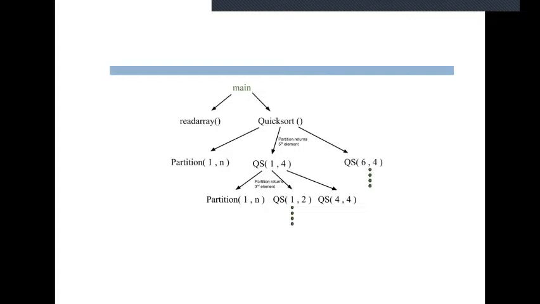Do you know what recursion is? A function calling itself is called recursion. So in quicksort, we use recursion for the partition function as well as the quicksort function. So we are calling recursively, and that is represented by a picture called the activation tree. This is an example activation tree for quicksort.